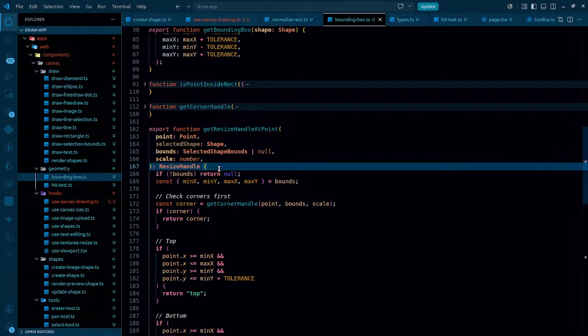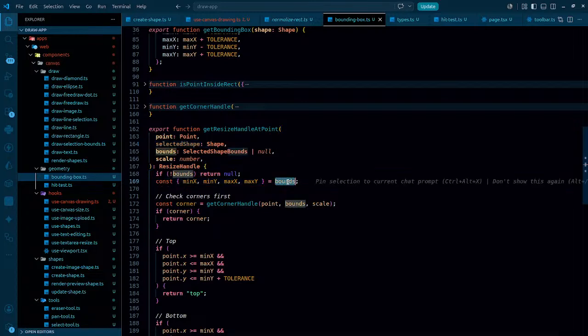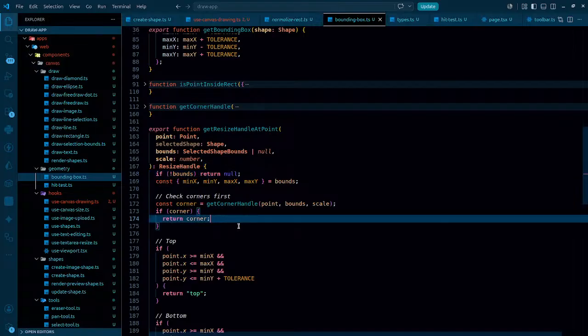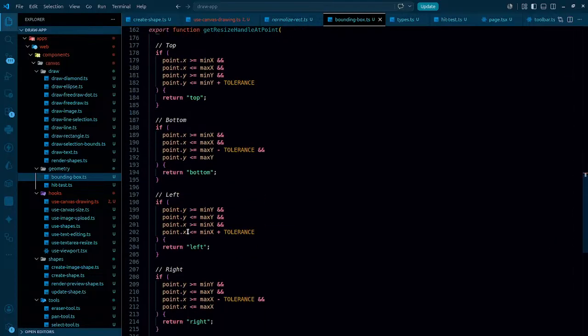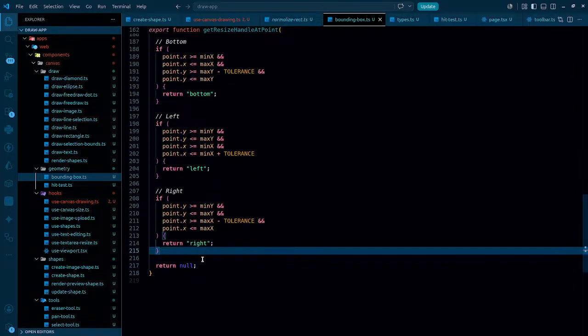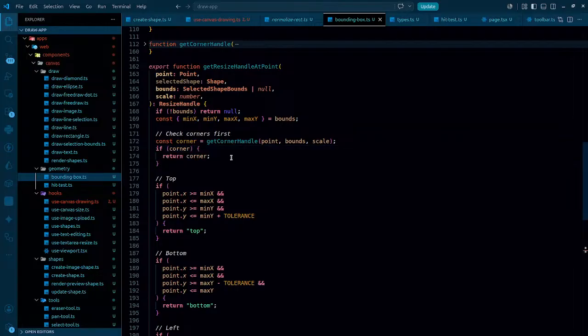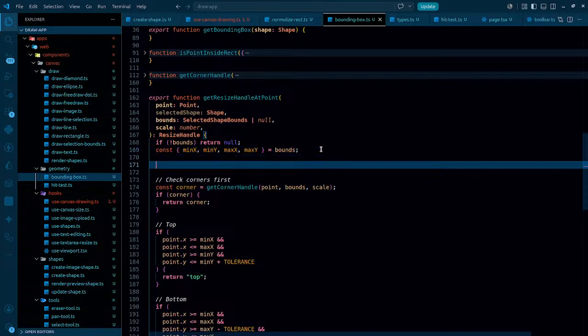Okay, coming back to this, we have the selected shape. What we have to do is get the type of this. We are directly getting the bounds, and those bounds belong to this. We have min and all. Instead of going through all this, checking for these types, first of all we are checking for the corner, then all this. So what I have to do is have a check over here. What is that check? That check is const